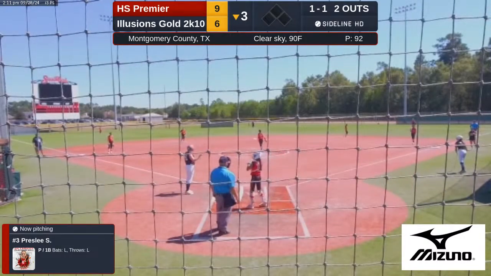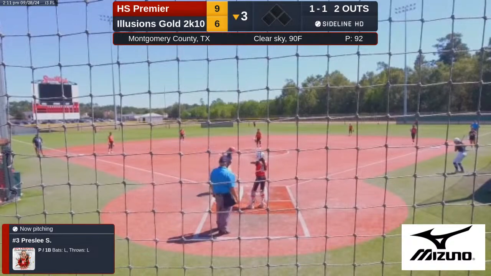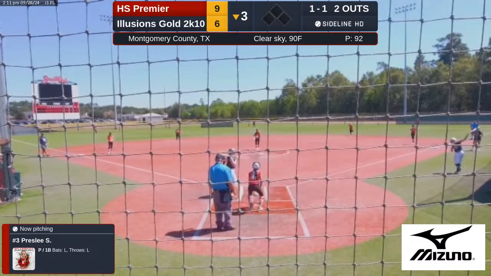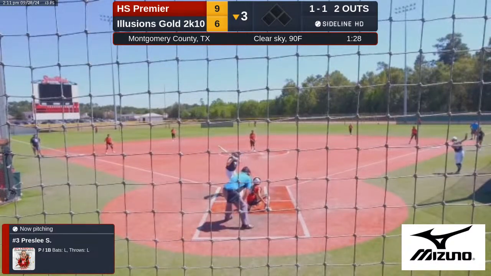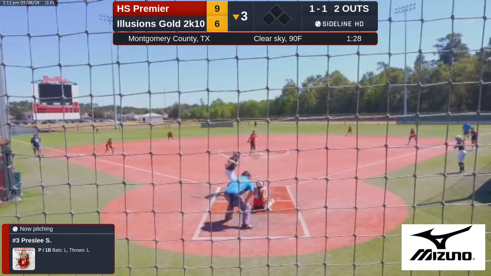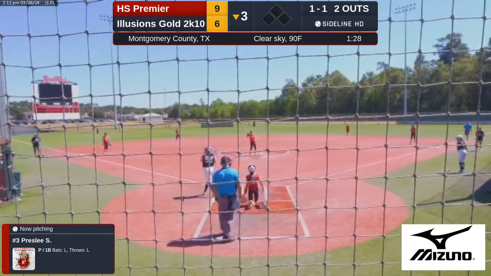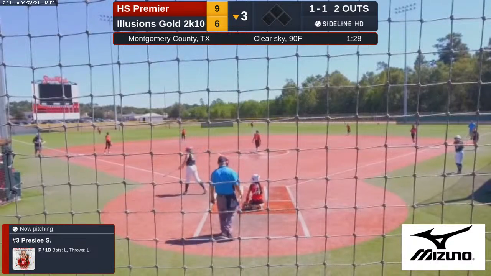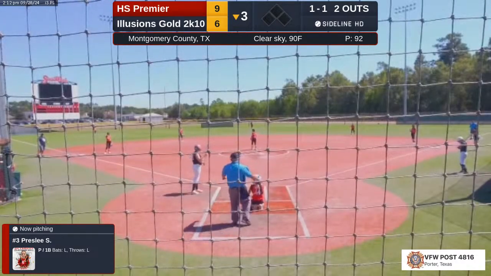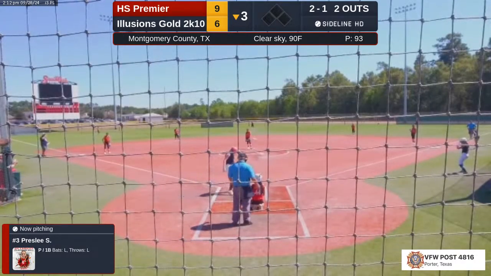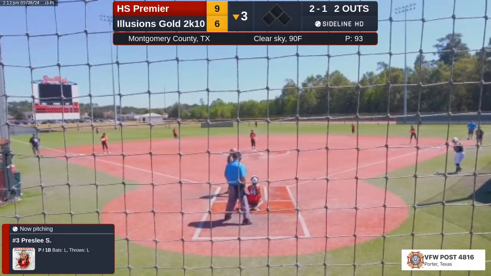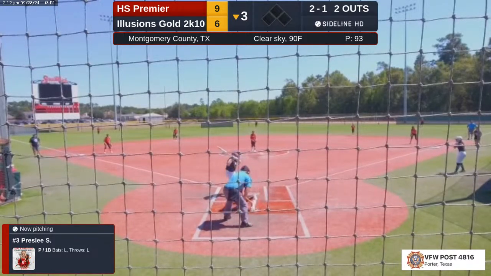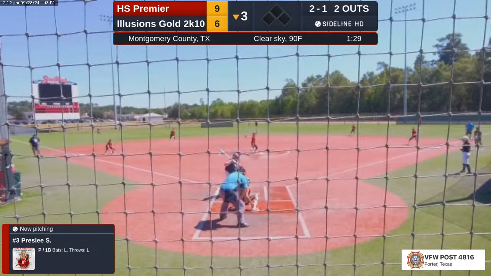So next game scheduled right now for 3:35 against Bomb Squad. That's going to be pushed back due to this game going long. I would imagine it'll be closer to the 4 o'clock mark. That one's a ball low. And then we'll be coming back for the late game at 6:25, more likely around 7 o'clock, as these things get pushed back throughout the day.